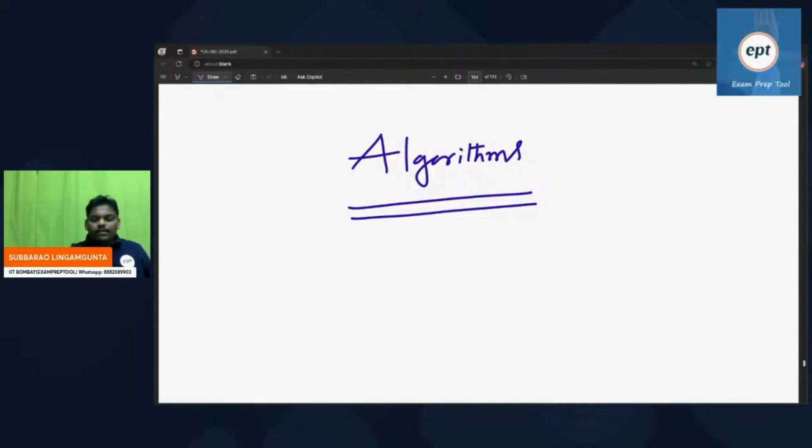This is the first class of the algorithm subject. I have written the algorithm also. The book which you can refer to at any point of time, if you have doubt, is the reference book,